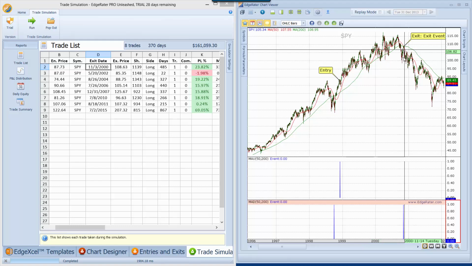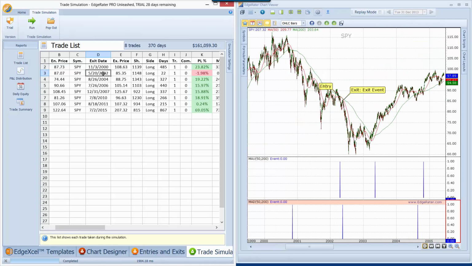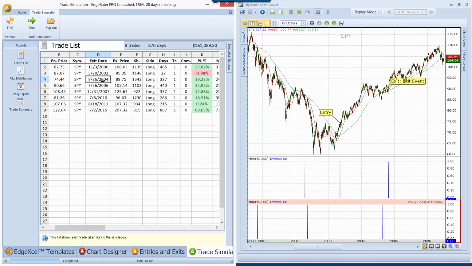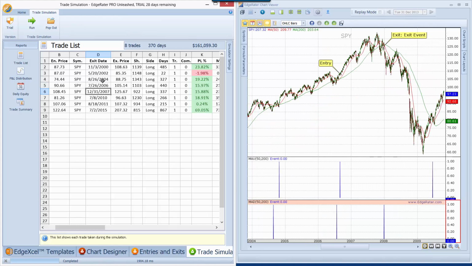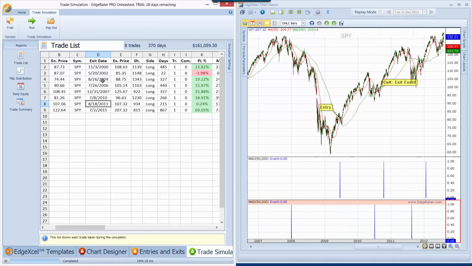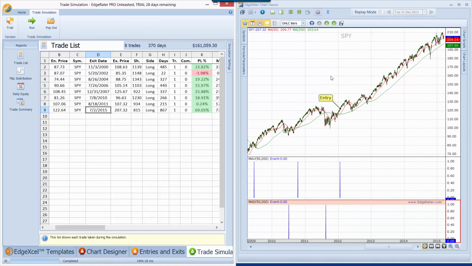And at the exit, the blue would have been indicating that exit. So that looks good. We go down to all of the others. We'll see the entry here corresponding with this signal down here, and the exit corresponds with this signal here. So I'll go through all of these, and I can just see on the chart annotated where the entry and the exit was. And then on the last one, we get the entry, but we don't have an exit until